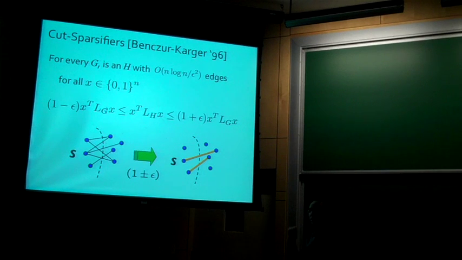Basically, they sample every edge with some probability, and they just have to figure out what those probabilities should be. And when they include an edge, they blow it up. They multiply it by the reciprocal of the probability they sampled it with. So in some sense, you get a matrix which in expectation is your original matrix. And then you need to bound the deviations.